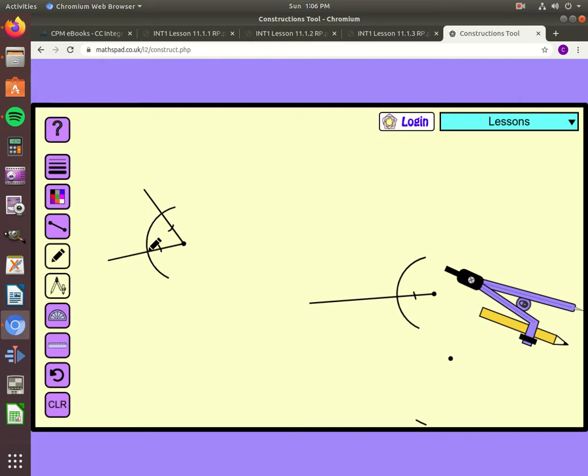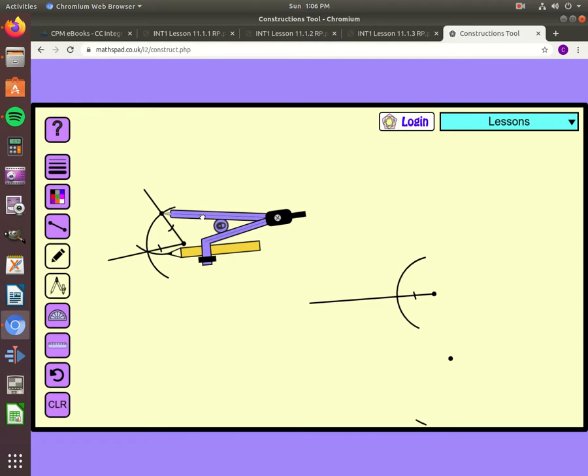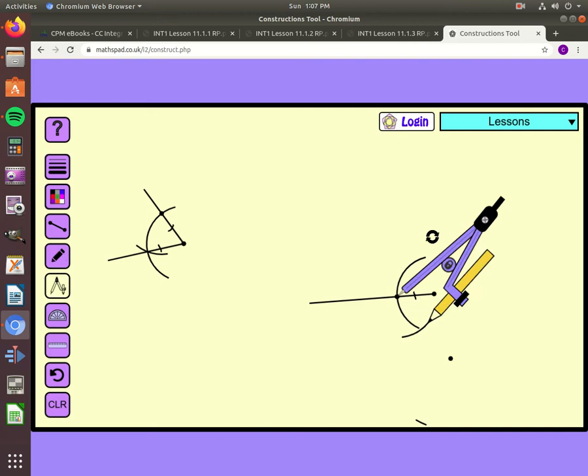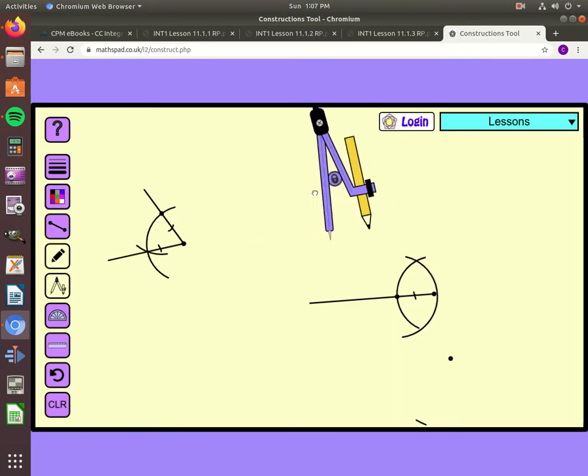But what I want to do here is copy this distance. So if I have this distance and I mark it up, wherever that point will be, it will all work out for me and I'll have congruent triangles. So what I'm going to do here is measure this arc now. It's really important I get the arc from this point to this point, and I'll mark this distance. So you can see, when I copy this arc, I now know that this distance